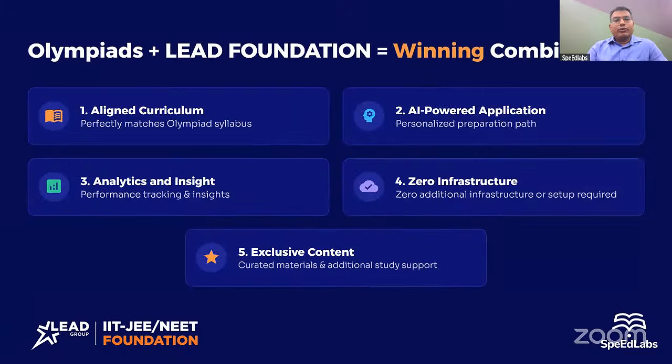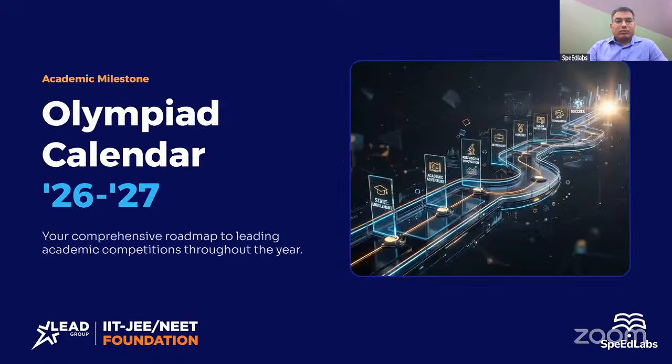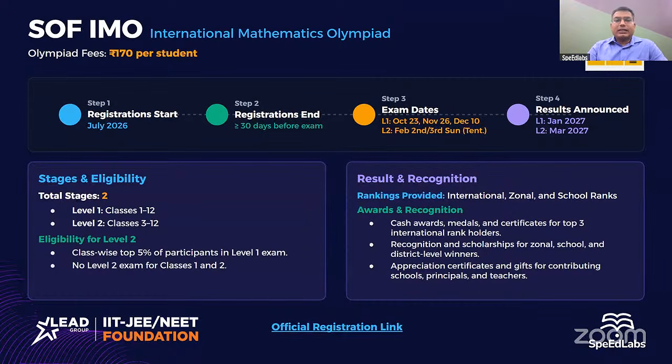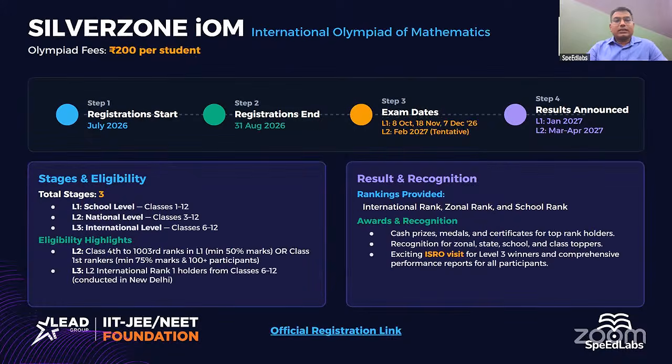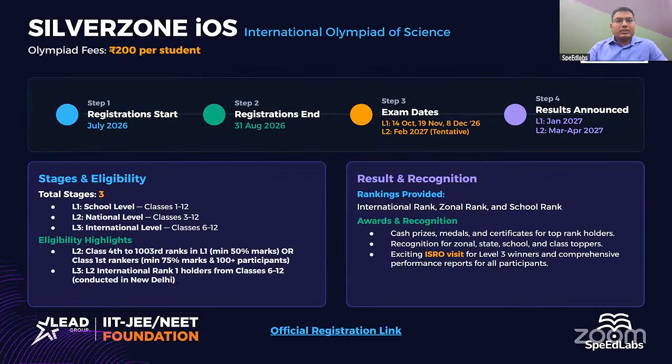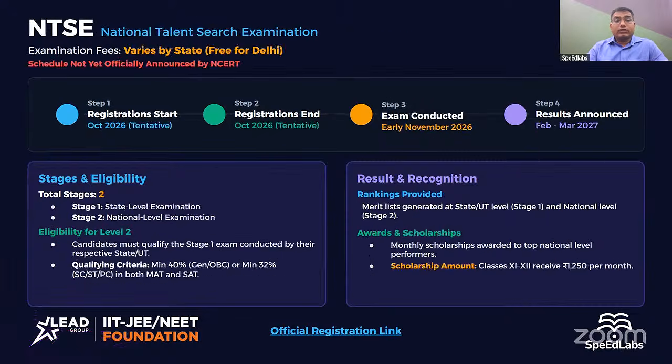All right. We do have an Olympiad. Our foundation is already aligned with the Olympiad, and that will be helping you directly for the competitiveness in the market also. All right. Olympiad calendar, I already explained, like the examination registration is already open for the IMO SOF, and you can register with the help of your schools. If you have not registered, reach out to your school and register for the IMO and silver zone examination. This registration date is just the 31st, so you can register for the silver zone also, as well as you can register for the science or mathematics silver zone.